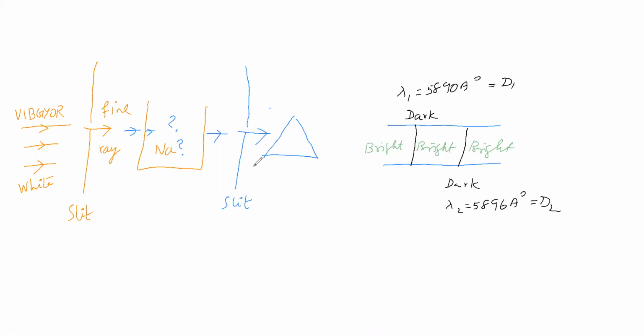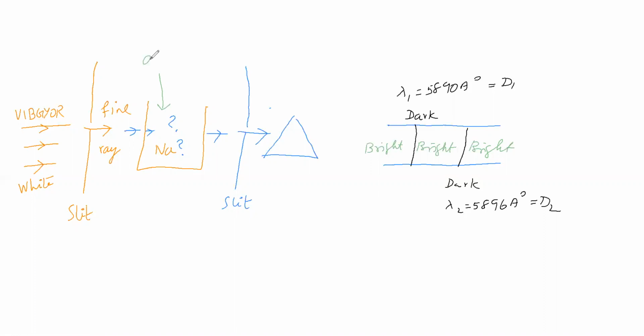Now we will see whether it is called an absorption spectrum or an emission spectrum. For that, we will see what the experiment says. Then we will discuss whether it is an element or a compound, and what physical state it is in. First we will see experimentally what is taken here.